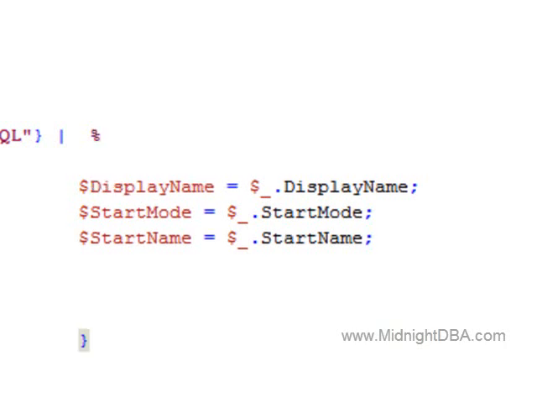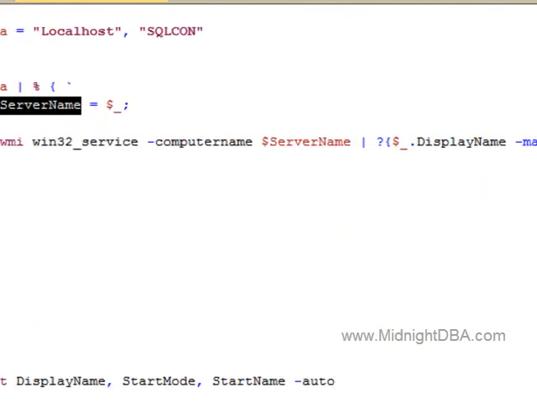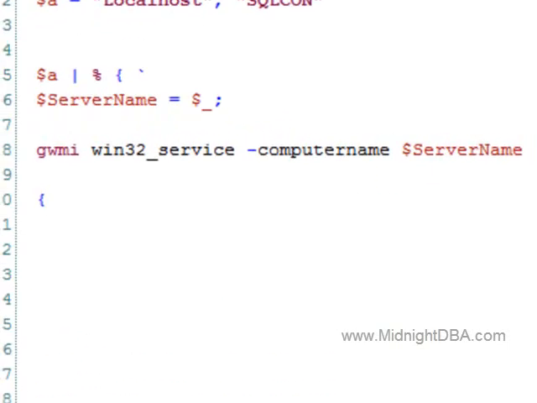Let me go ahead and drop that down a little bit, right? The reason why I backed out on system name, and I'll go ahead and delete that from here, is because we really don't need it, because we've already got the server name here. I already know what server I'm on, and I don't have to set it to a variable because I've already got it set to a variable. So all I'm going to have to do is call it. Now I've got all these established, right? I can just say